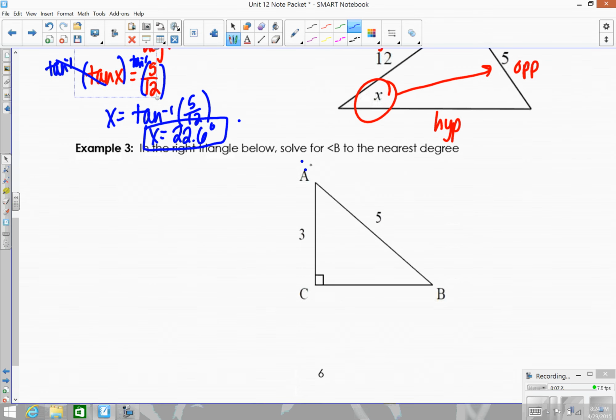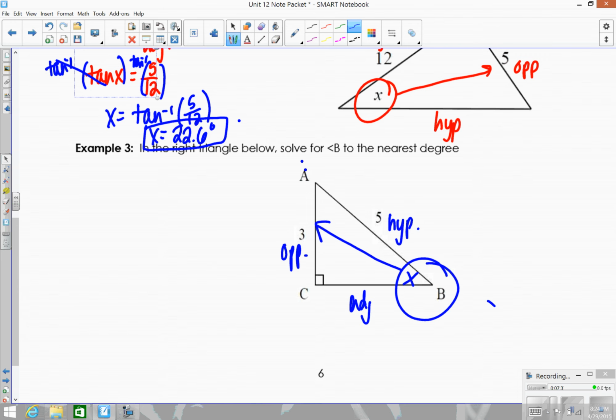So I'm starting at solving for angle B. So angle B is going to be my x. So that's where I'm labeling everything in respect to. So across from is the opposite. Hypotenuse is always across from the right angle. Adjacent is next to it. So again, thinking of this in terms of SOHCAHTOA,